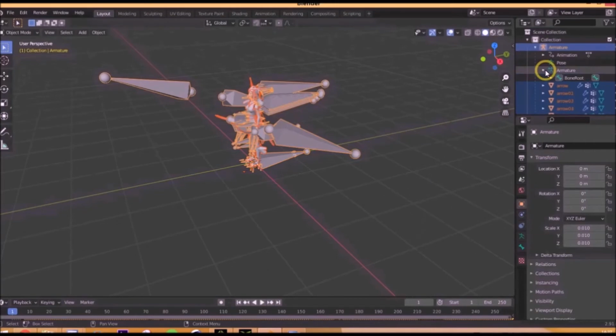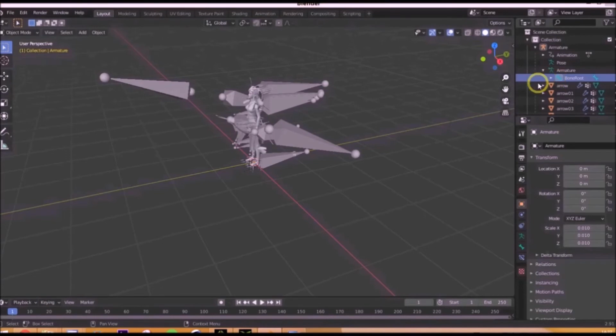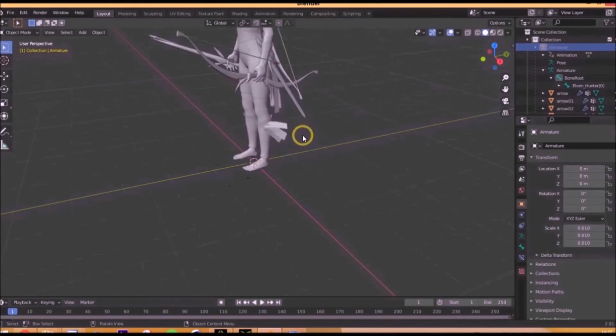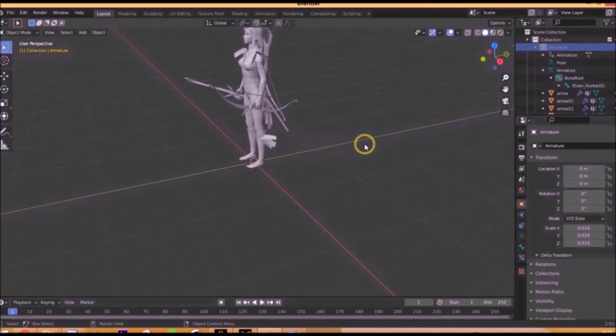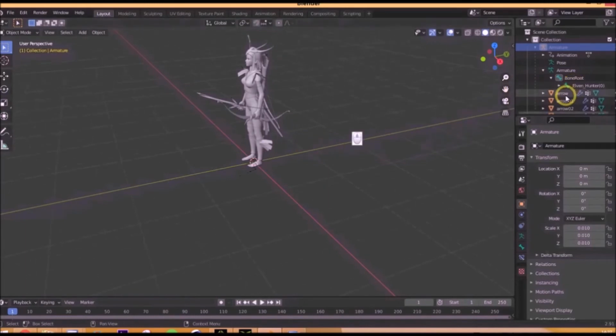Select the bone root, just section in the Armature tab, and remove the visibility of the bones that interfere with us.